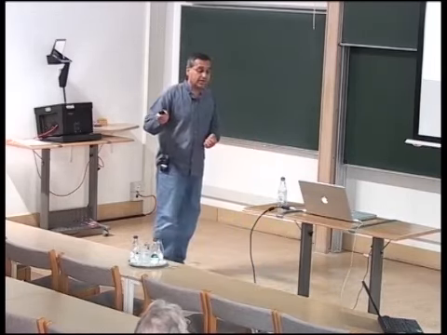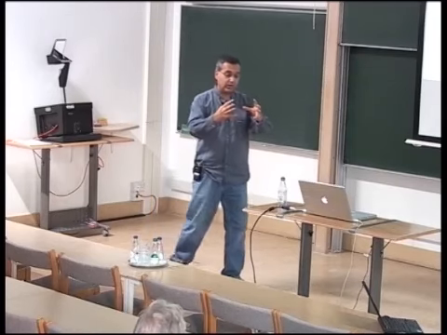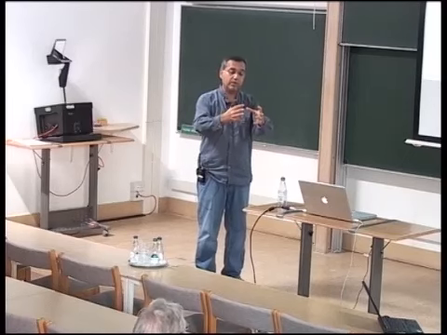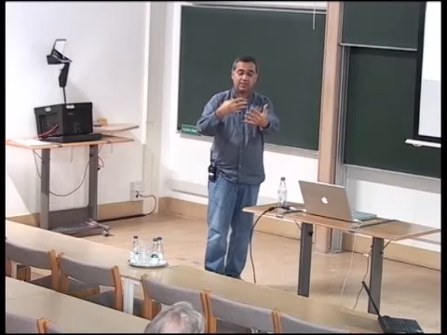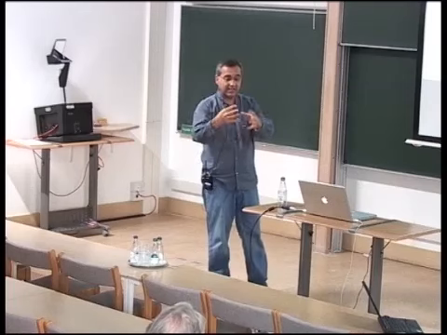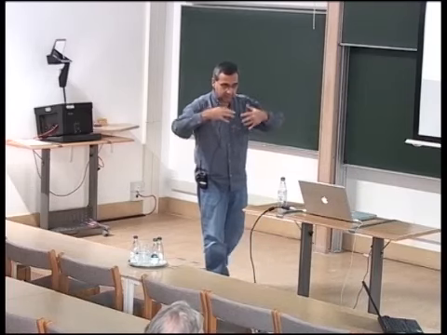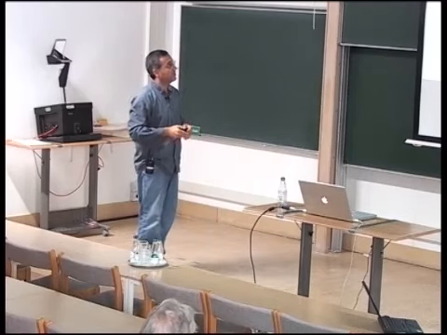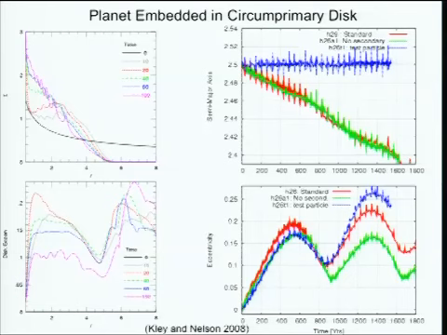What they didn't consider was the fact that when you form these protoplanets, there will be interaction from the protoplanets to the gas and vice versa. The protoplanet will affect the eccentricity of the disk, and the disk will feed back to the protoplanet and affect its eccentricity as well. So these are simulations by Kley and Nelson. Here is the original gas in the disk, and each color shows different times, and it shows how the eccentricity of the disk changes as the disk interacts with the forming protoplanets in the disk.